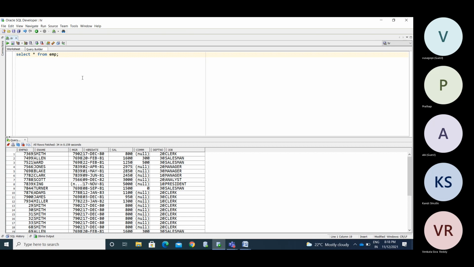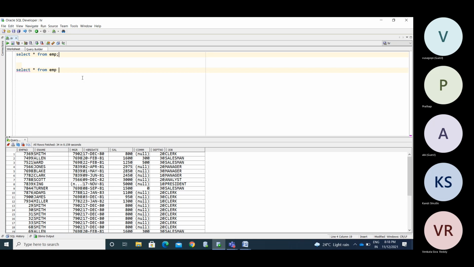If you are writing the code in the database, it will always take each and every character as 1 byte. Okay, so now you are retrieving the data based on 2 tables.